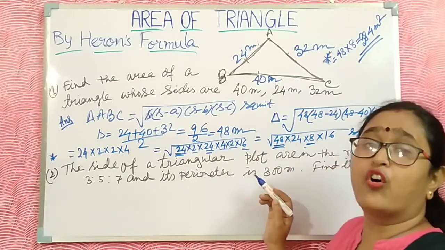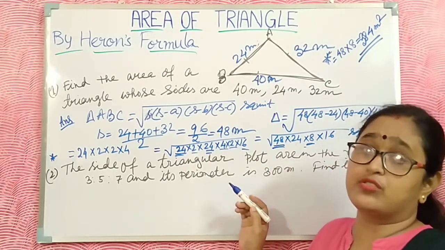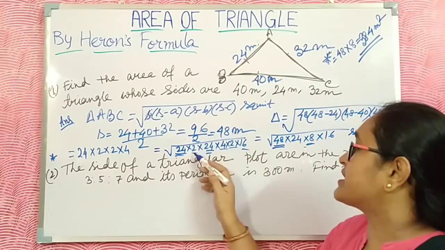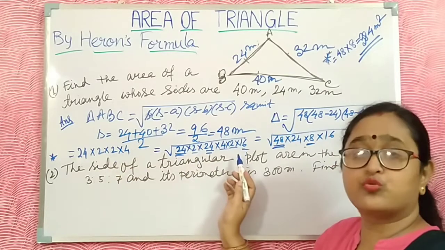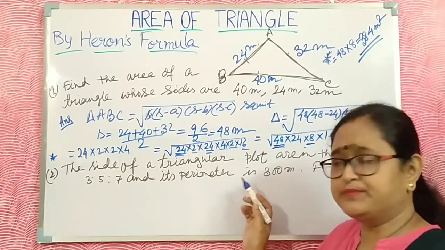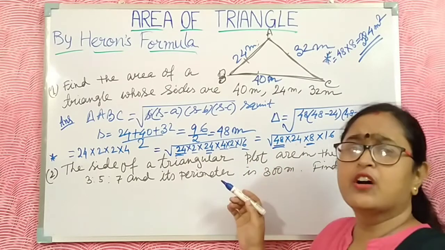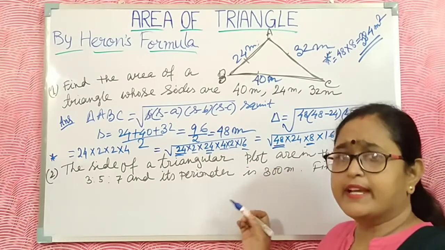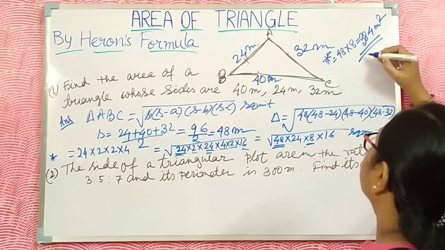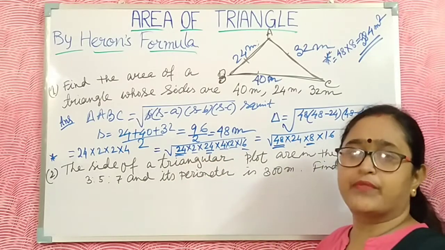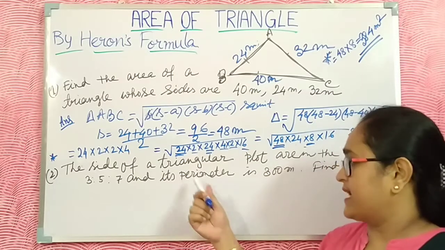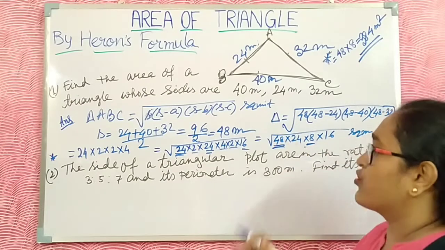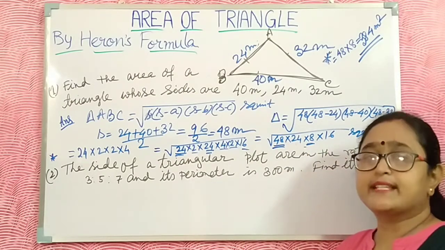Here why do I take 4? Because I know the square root of 4 is 2, and 2 is present here and 2 is present here. You just take 1 2 from both. Square root of 2 into 2 means 2, and 16 is present here. All of you know the square root of 16 is 4. Now just calculate and then get the result, the area of the triangle. Now I discuss this sum. Before going to the next part, write it in your copy, and then I discuss this sum also.